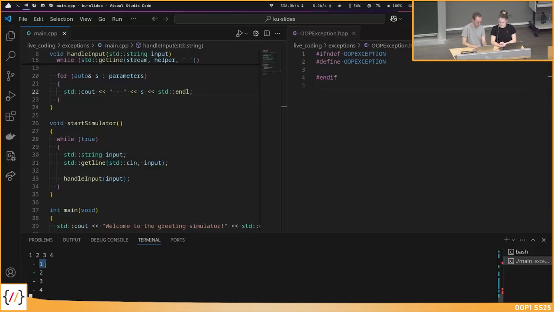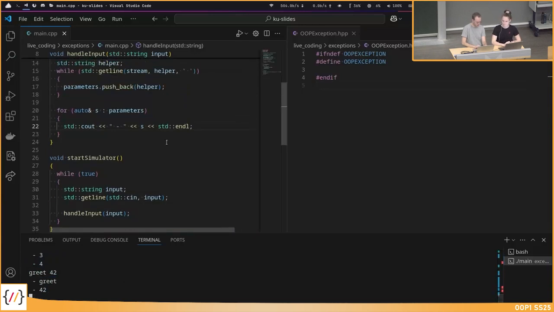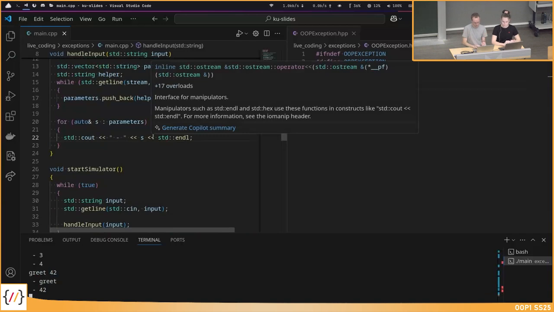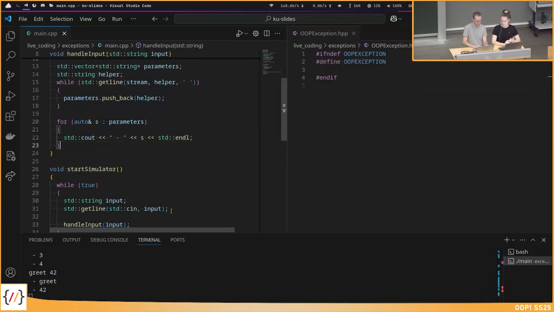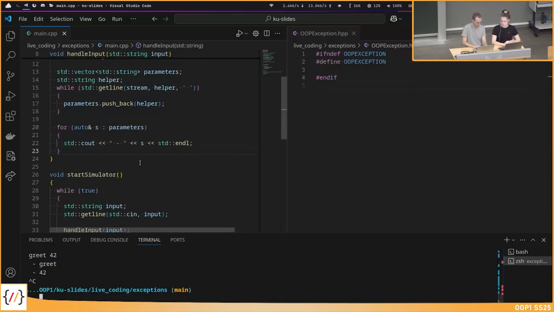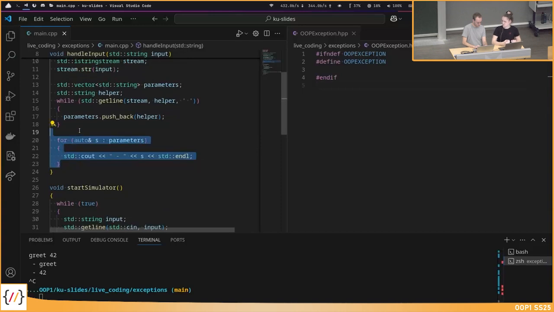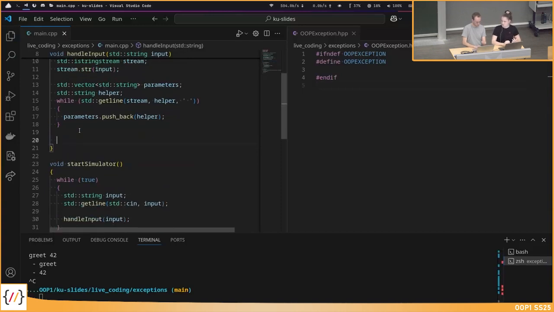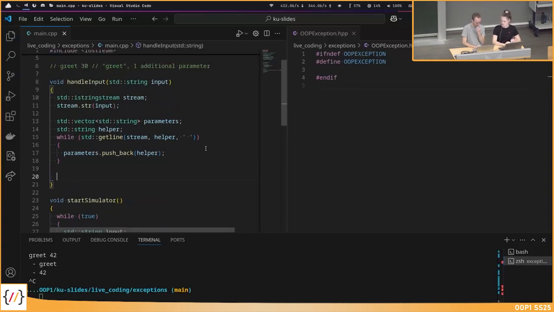Then I split it up in 1, 2, 3, 4. Or if I call my command, then I have greet and 42 as the parameters. So this works. Maybe also a tiny hint for assignment 2. It's very similar for A1, where we already provided this for you. Okay. Maybe we can do something now.